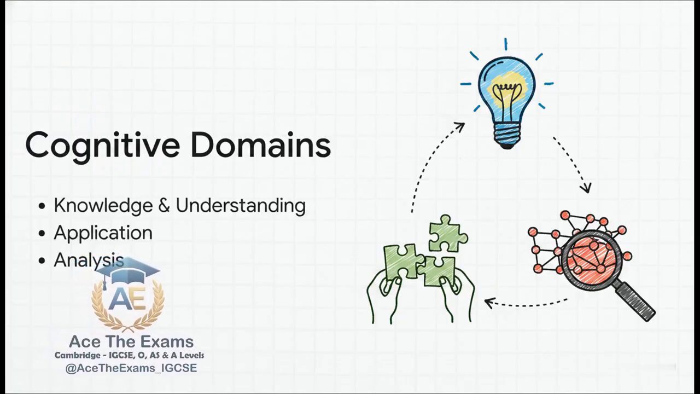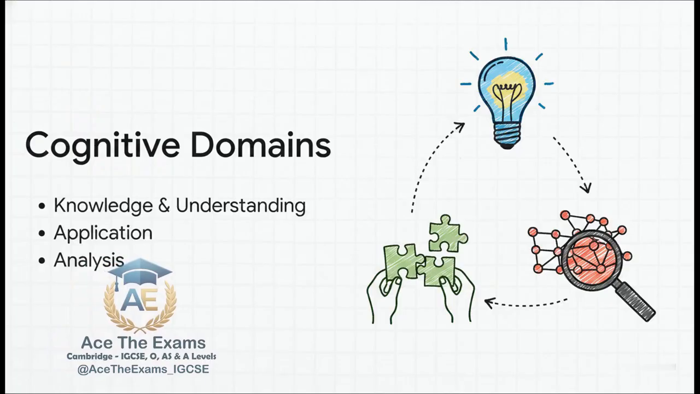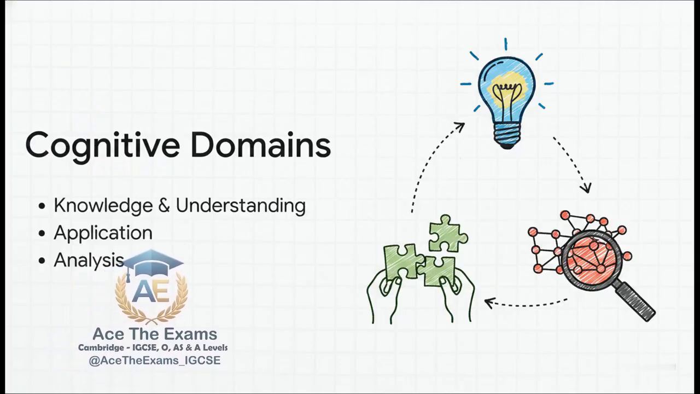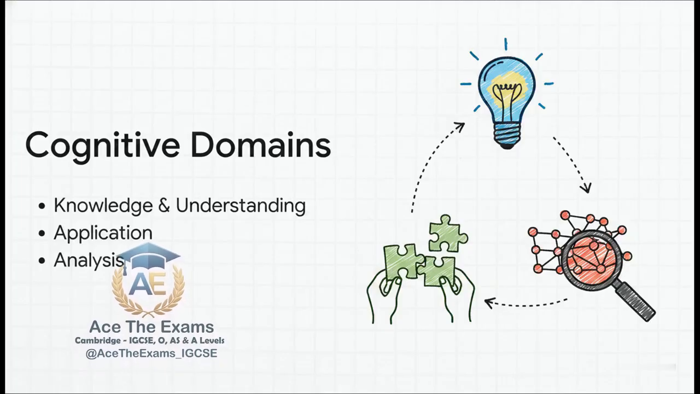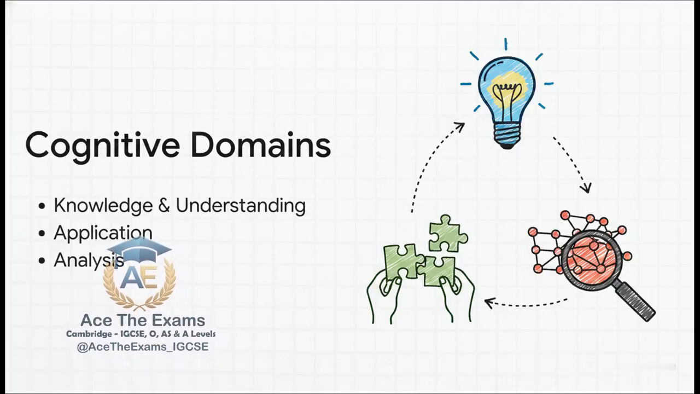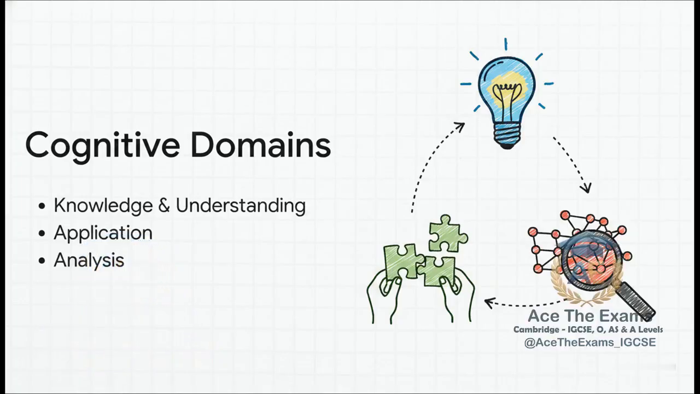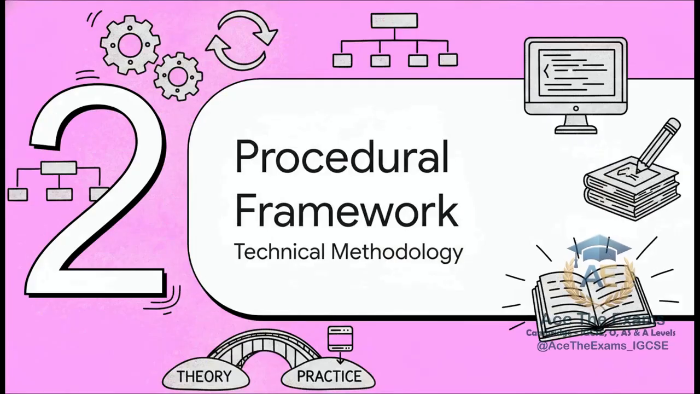To hit all three of these domains, top students use a structural approach, often called the PEEL framework: point, evidence, explanation, link. You make your point, provide the coding evidence, explain how the procedure works, and critically, you link it back to the specific exam scenario. This is how you prove analysis. If you can demonstrate all three of these domains, you are well on your way to the top grade boundaries. Moving right along, let's